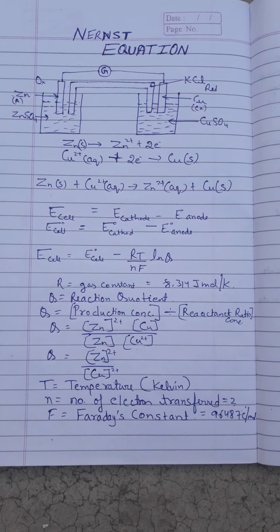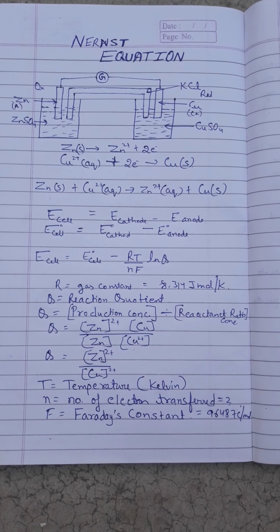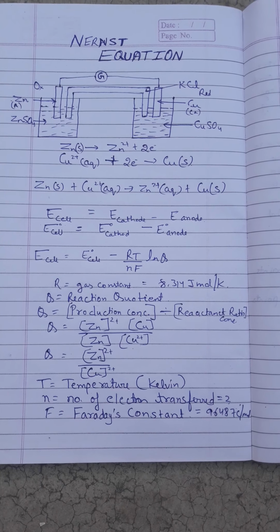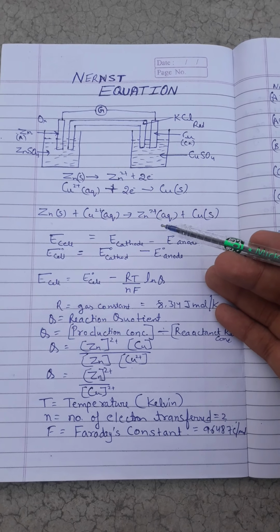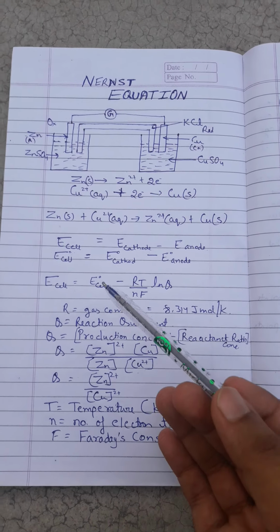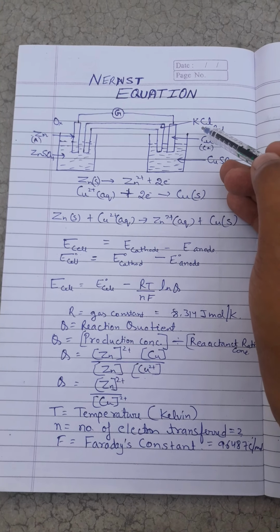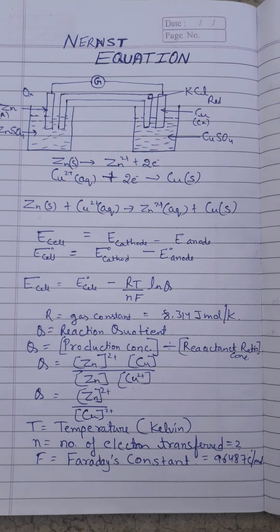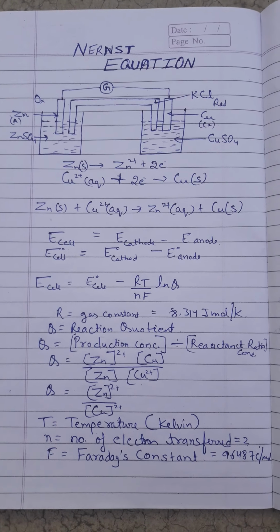In general, the half cell reaction corresponding to oxidation takes place at the anode, while the half cell reaction for reduction takes place at the cathode. On combining both of the half cell reactions, we get this. And after that, this salt bridge is made up of KCl, an electrolyte. First we suppose that all these reactions occur at standard conditions, which means 1 mole.